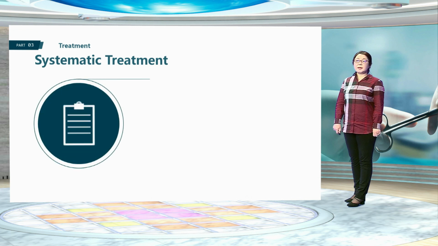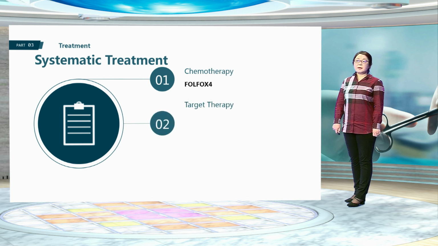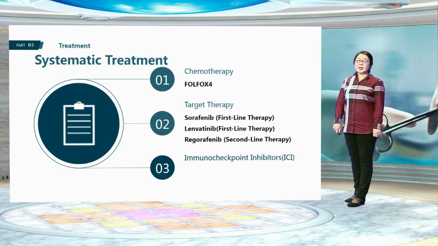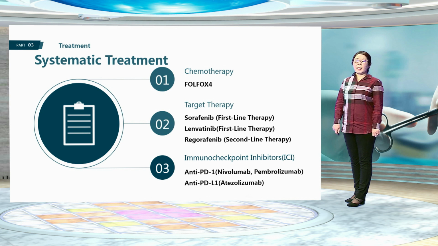Let's talk about systemic treatment. It is also very important for patients in advanced stage. Systemic treatment often includes, first, chemotherapy. The most famous protocol is the FOLFOX4 protocol. Then, target therapy with sorafenib, lenvatinib, regorafenib is also proved useful in some patients. The first two drugs are first-line therapy, and the last one is second-line therapy. And